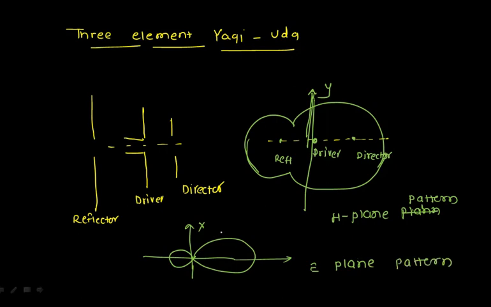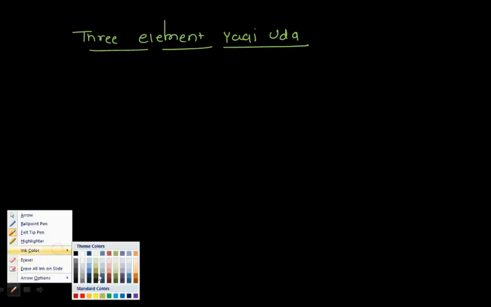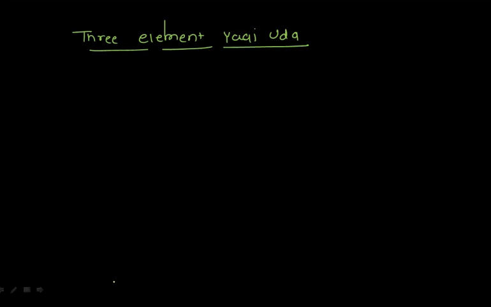So if I take an ideal half wave dipole, you get a figure-of-8 pattern as the radiation. This is all about the 3 element Yagi-Uda. So what are the characteristics of the 3 element Yagi-Uda? It gives me an enhancement in the directivity, the maximum directivity, Dmax. With the 3 element you can achieve 9 dB.